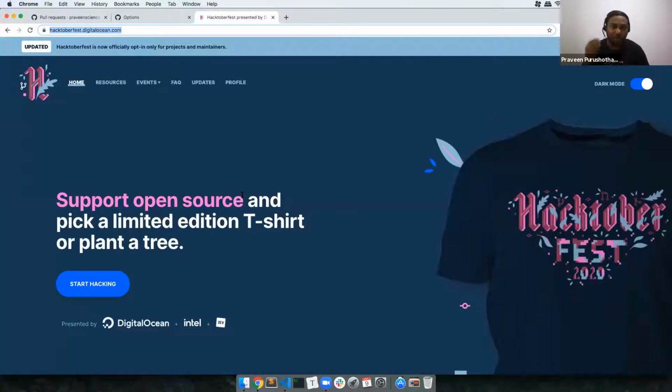If you create 4 meaningful pull requests in this 30-day October period, and your pull requests are really good and accepted by the maintainer, just start with a minimum of 4 pull requests, that is what they are expecting. You will get a chance to pick up a limited edition t-shirt, or you can plant a tree. They are trying to nurture open source for everyone. This is Hacktoberfest. It happens every October, every year.